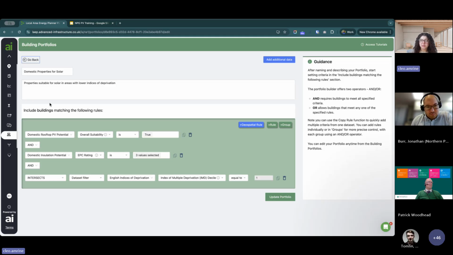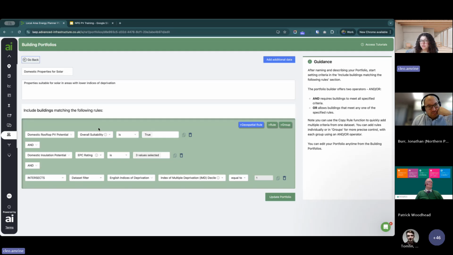And I wanted them to have lower EPC ratings because I wanted to identify properties that likely had higher bills already and were struggling with bad insulation already, and help them out with the PV deployment project. And I wanted those properties to be in areas that were a bit more deprived. So I've filtered by the English indices of deprivation data set here and looked at only areas where the index equaled 1. So I know that's the lowest indices of deprivation in England.